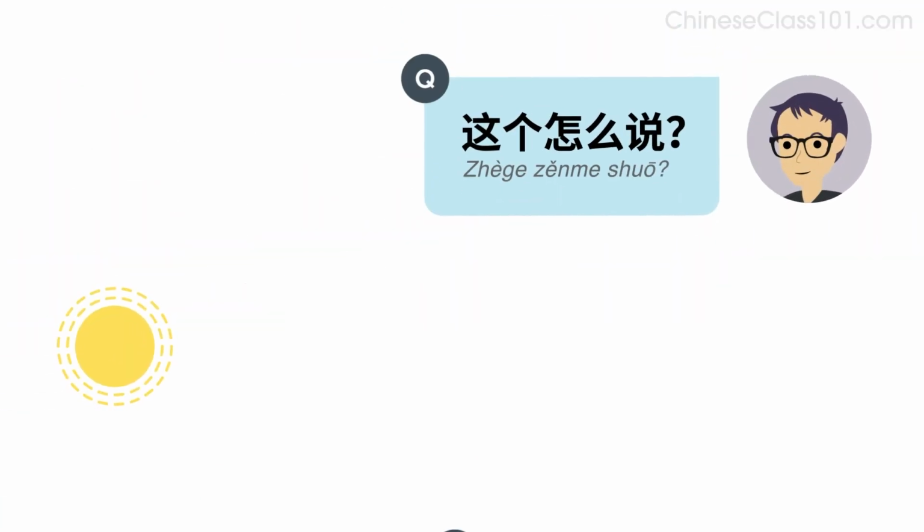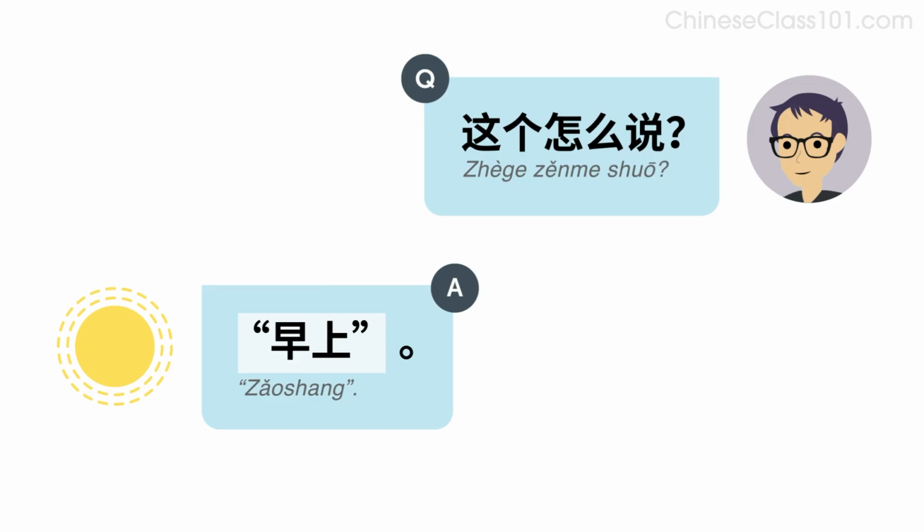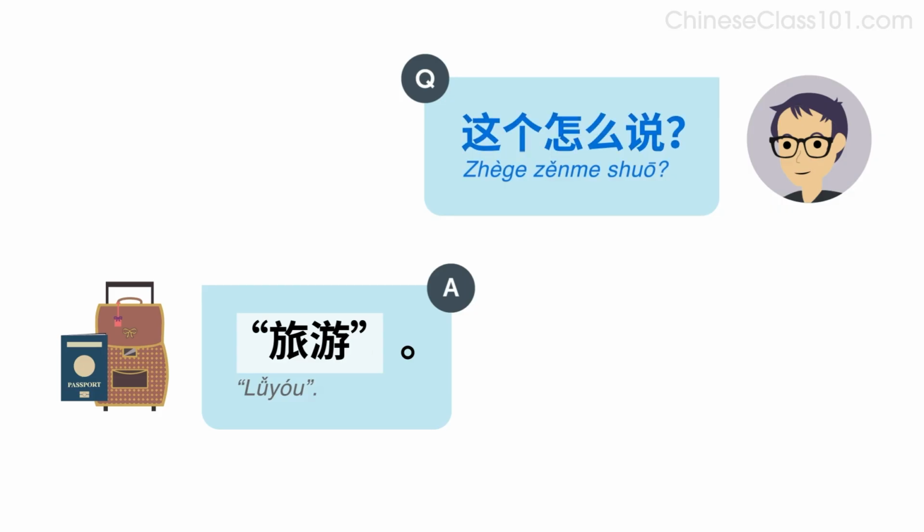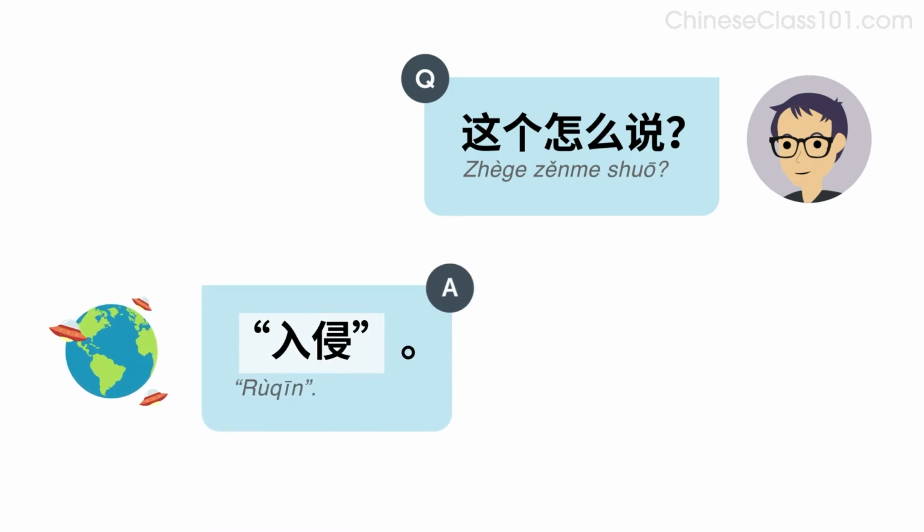Let's look at some examples. Listen and repeat or speak along with the native speakers. 这个怎么说？ 早上， 这个怎么说？ 旅游， 这个怎么说？ 入侵，